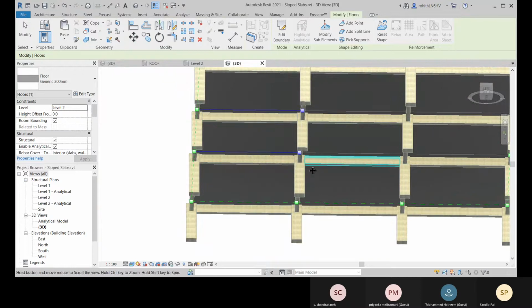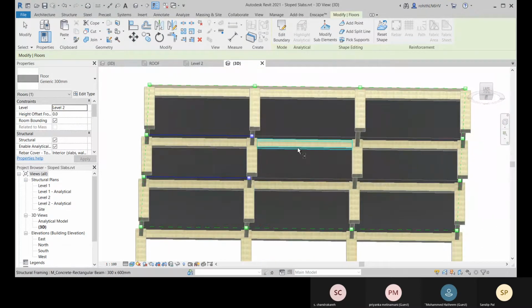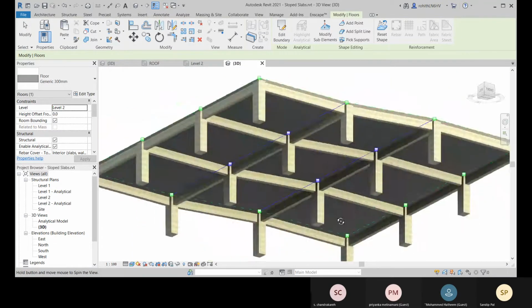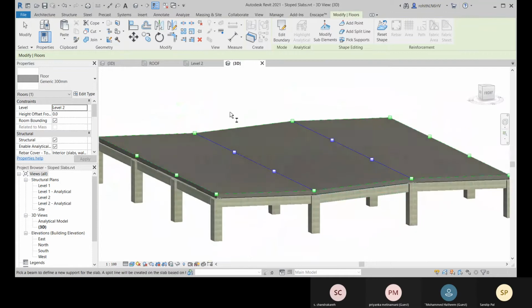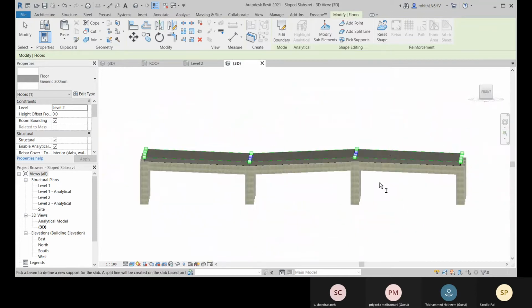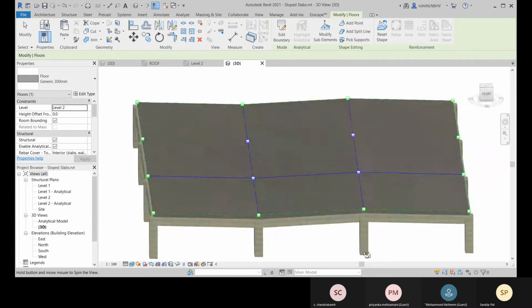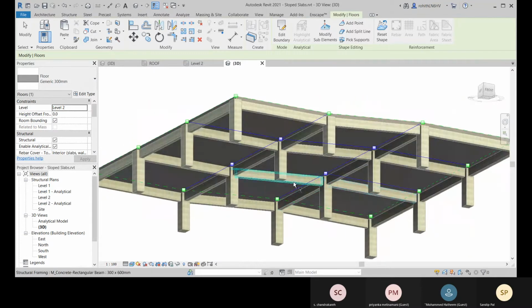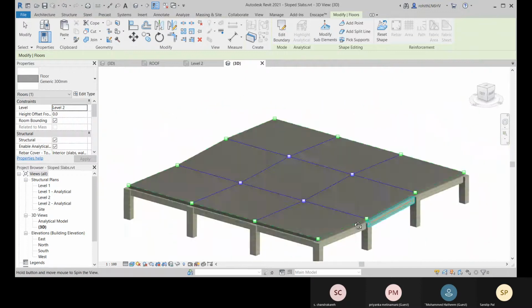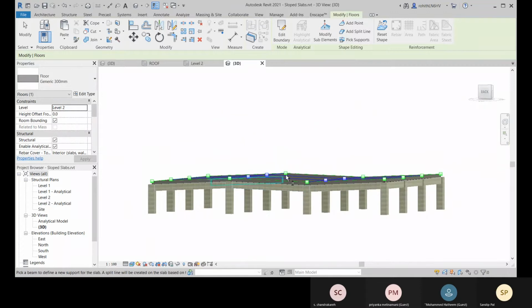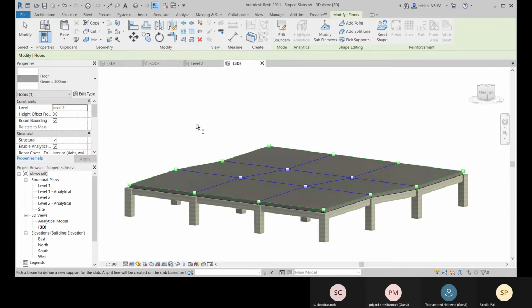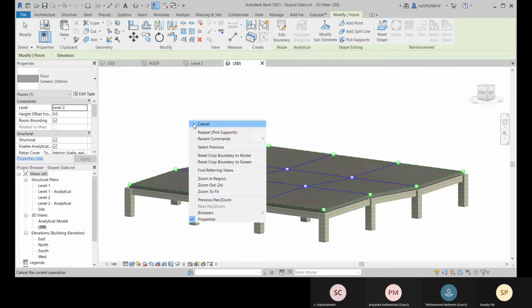Okay, so this one, let me select them first. Okay, got this. All right, all the supports are selected and it is perfectly sloped. Okay, and that you have done it.